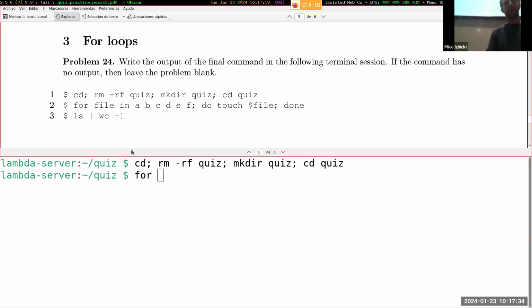So the for here is a keyword, then file right here. This is going to be the variable name that is my looping variable that I'm looping over inside of the shell. The for and the in are keywords, part of the syntax. And the A, B, C, D, E, F, A, B, C, D, E, F, these are all of the things